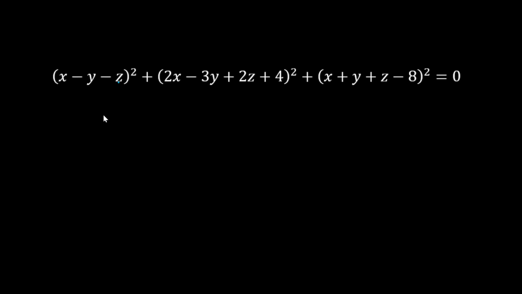Hi, in this video, we are given the following problem: (x − y − z)² + (2x − 3y + 2z + 4)² + (x + y + z − 8)² = 0. Now, before attempting to expand and confuse yourselves, an important point to note is that whenever